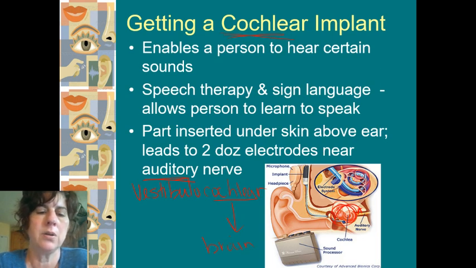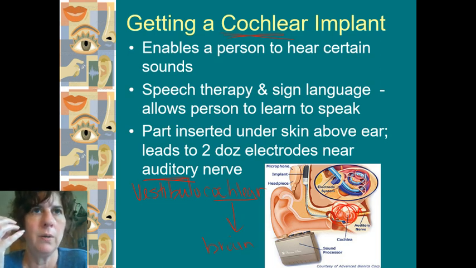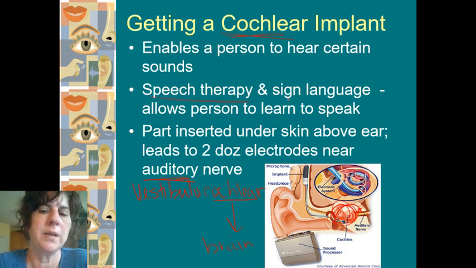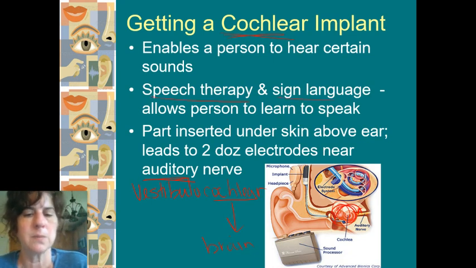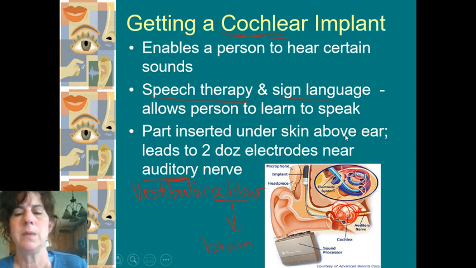They're going to have missed out. Usually you don't get it really early on, so they're going to have missed out on some really early learning that allows us to interpret speech and get that part of the brain to start processing that information. So it's going to take a little bit of speech therapy, some sign language to supplement this, but you can get somebody who has this particular issue with their hearing to be able to hear again.